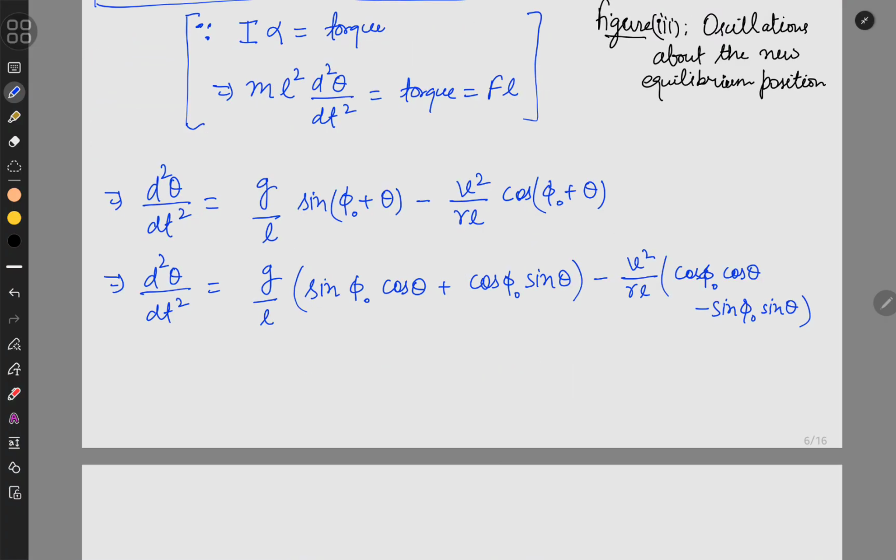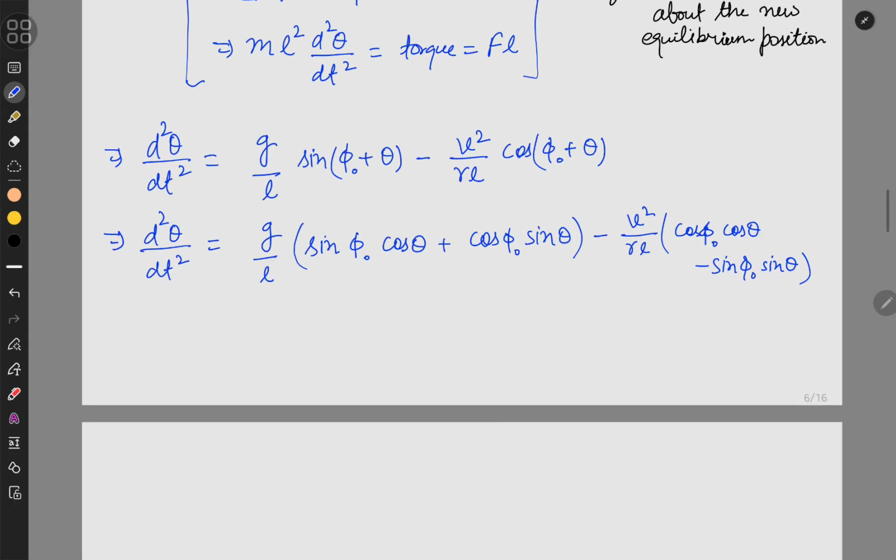So after expansion, this is what I got. Now since theta is a very small angle, I can replace sine theta with 0 because theta is very small. It is almost equal to 0, and cosine theta, since theta is very small, will go to 1. So under this limit that theta goes to 0, cosine of theta is 1,